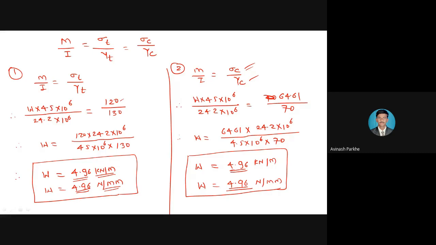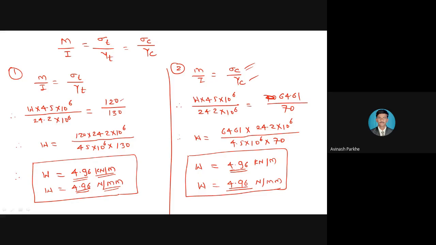In that, again, the bending moment formulas are very important. Four standard cases are there: simply supported beam with UDL and point load, cantilever beam with UDL and point load. So four bending moment formulas are available. Sometimes in the statement, the type of beam and type of load is mentioned. So we can easily identify which type of beam and which type of load is there, and accordingly which bending moment formula I have to use.